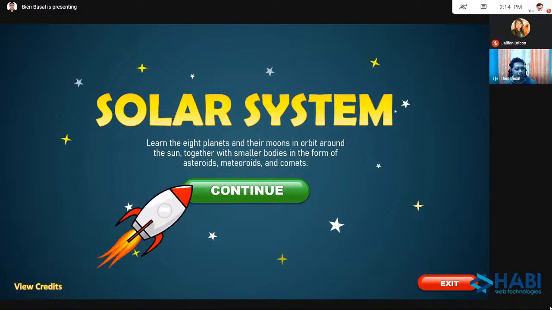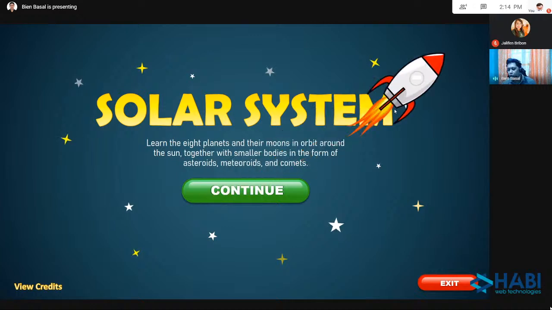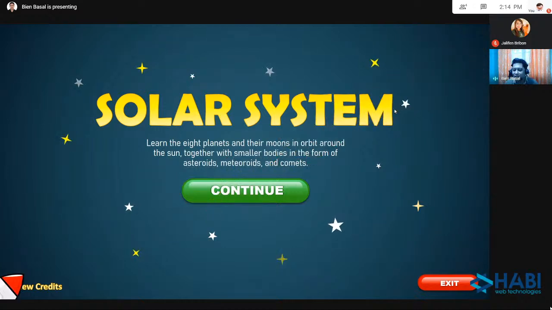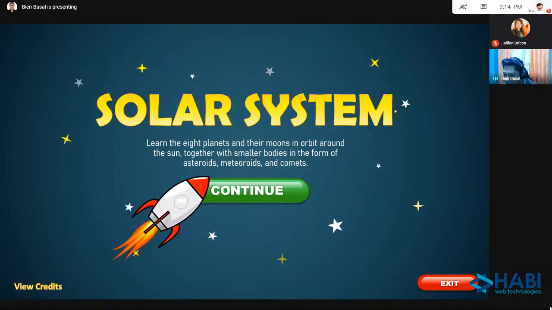Meron lang po tayong ibang images na ginamit, of course. And some of the styles dito is manual ko pong ginawa, which I will demonstrate po later sa inyo para po masubukan nyo din. Ito ba yung sabi ko na medyo parang elementary yung design. Kasi parang pambata. Pero still, you can use din sa class nyo po ito. Depende po sa inyo pong hawak mo na subject.